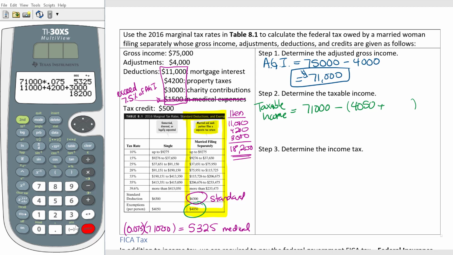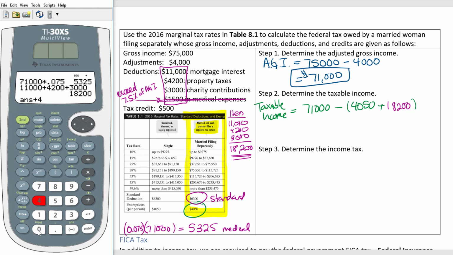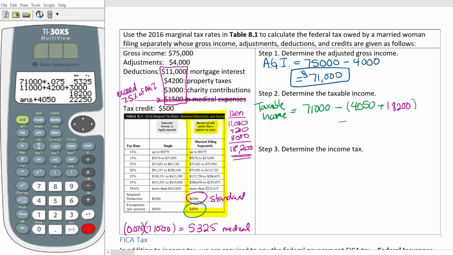So I'm going to use the $18,200 as the itemized deductions. When I add the itemized deductions and my exemptions, it gets $22,250,